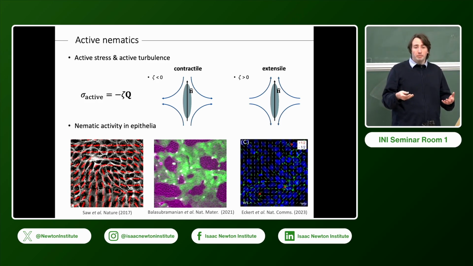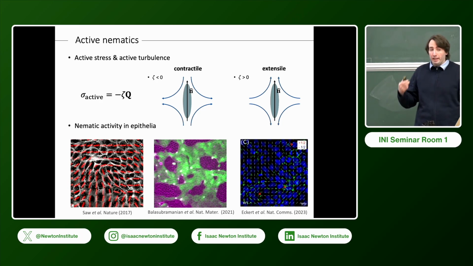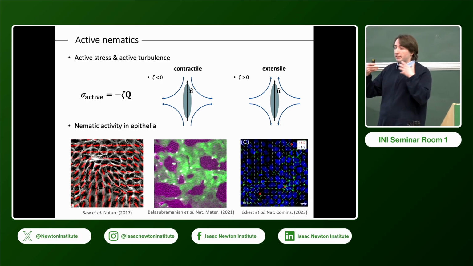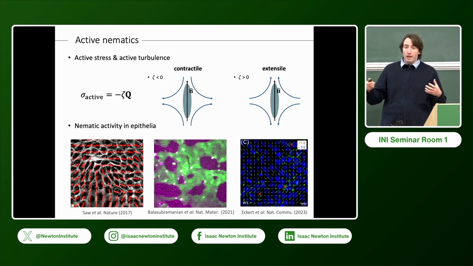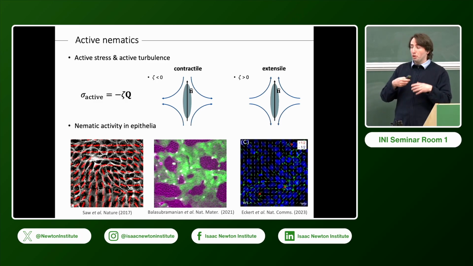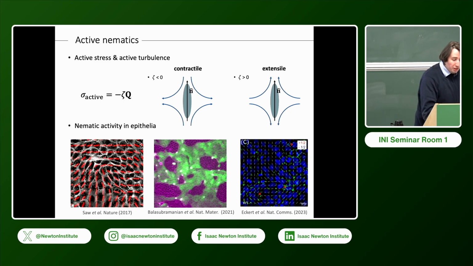Now, one of the systems that seems to be exhibiting nematic order, and for which nematic activity seems to be important, is actually epithelia. This is a type of tissue that's very important in development because it's a key component of early embryos. It also covers the majority of organs, and it consists of prismatic cells sticking together. So what we wanted to say is,